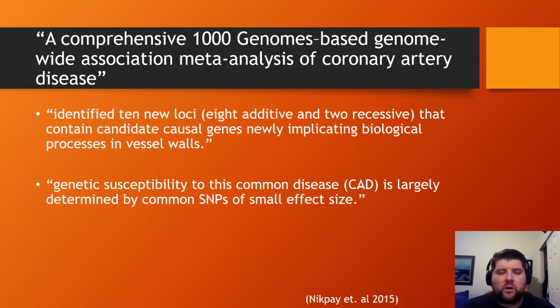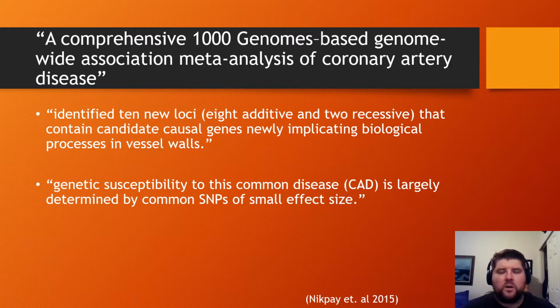analysis of coronary artery disease, there are 10 loci that contain the genes for our vessel walls. So there are all these different parts in our genome that code for how our arteries work, and there are 8 additive and 2 recessive that will show us how our arteries are going to form. Additionally, to the genetic, this is a common way for CAD to come about. The genetic